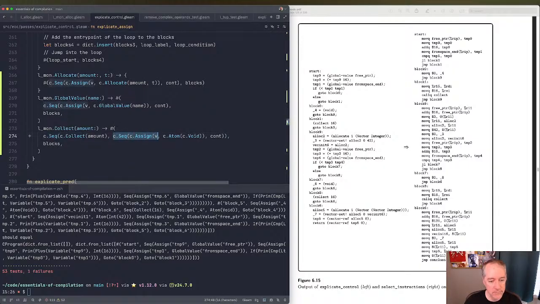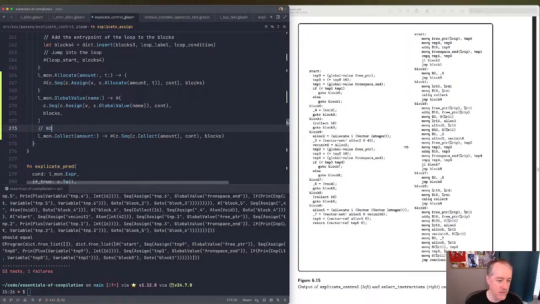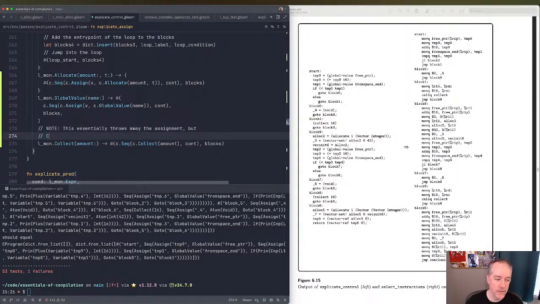All right. Let's do what they did. And I'm going to put a little note here. It says, this essentially throws away the assignment. But collect is generated from the compiler, not the user. So we